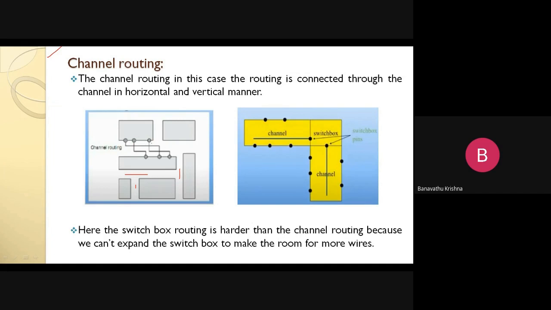Suppose I want to make the connection just like this, from this module to this one. Suppose I want to make a switch box here. You have to make the connection like this and like this. And suppose I want one more switch box here. You make the connection like this and like this and like this. There is no extension point. Okay, there is an extension point like this.